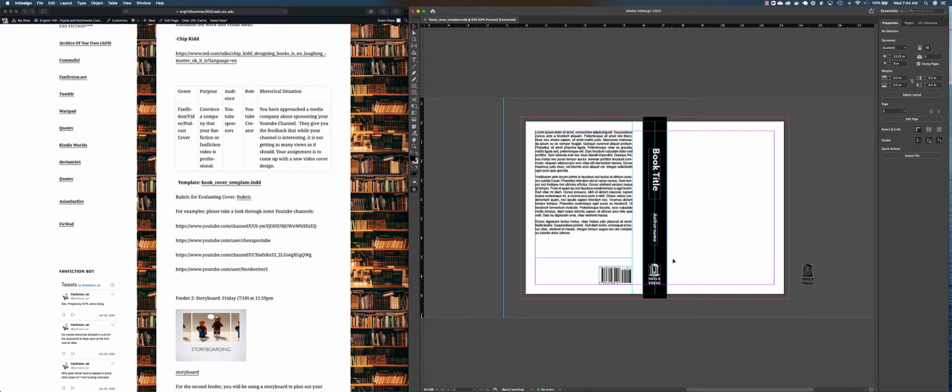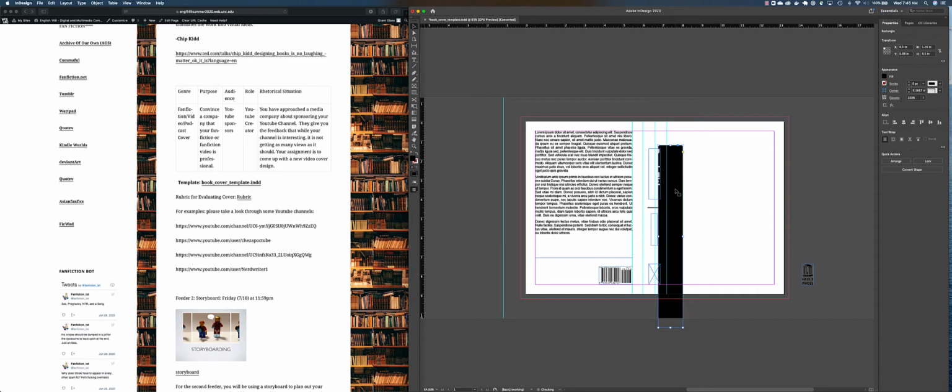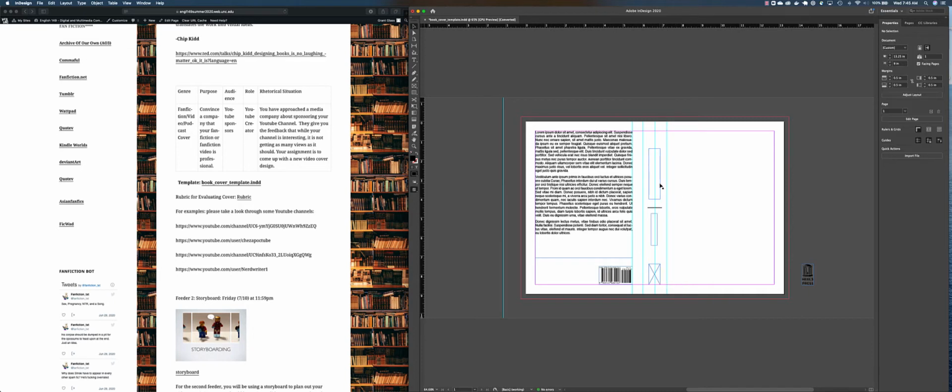Now you'll see I've given you a very basic book cover. So you can mess around with this. You can do whatever you want. If I press delete, if I don't want this text there, or this bar, I can delete that. You can delete any elements you want from here. You can reuse as much as you want. This is just to give you a starting point.